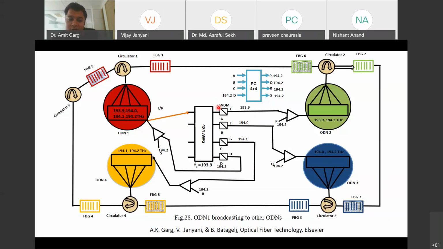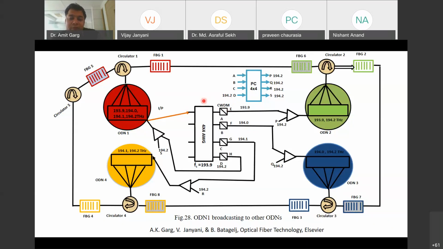Basically, this CWDM will separate out two wavelengths. If normal wavelengths are transmitted, let us just consider 193.9, 194.0, and 194.1.